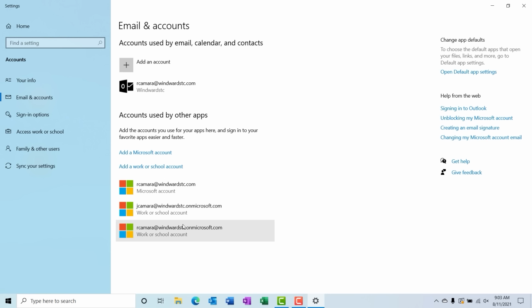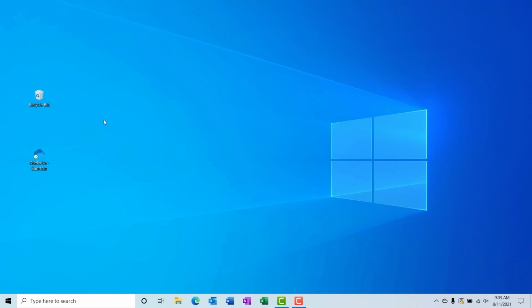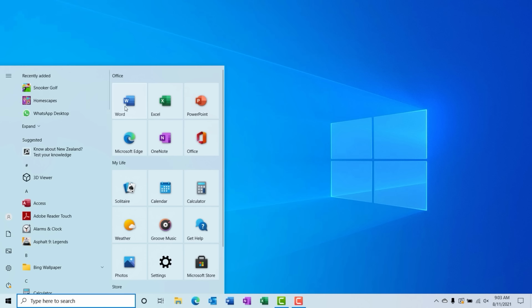So those are the 2 accounts I'll be using to go back and forth when sharing. Okay, so the 2 basic accounts. Now when the Office 365 accounts are loaded, you can go to your Start menu, and you'll see under my tiles I've